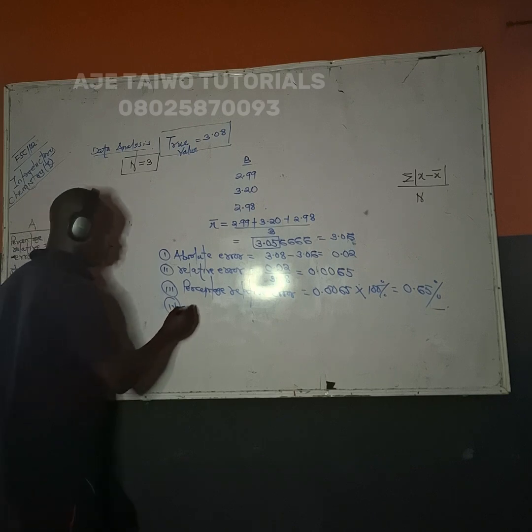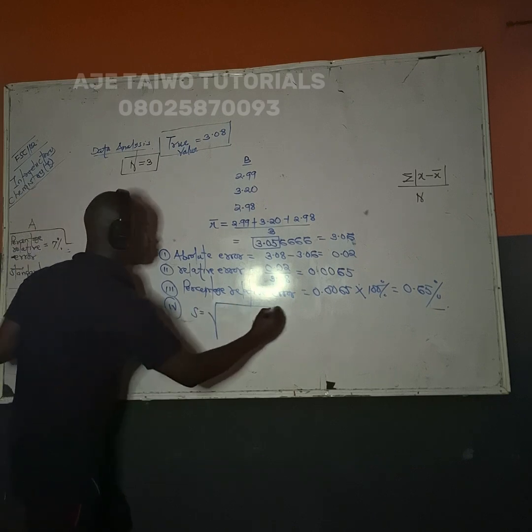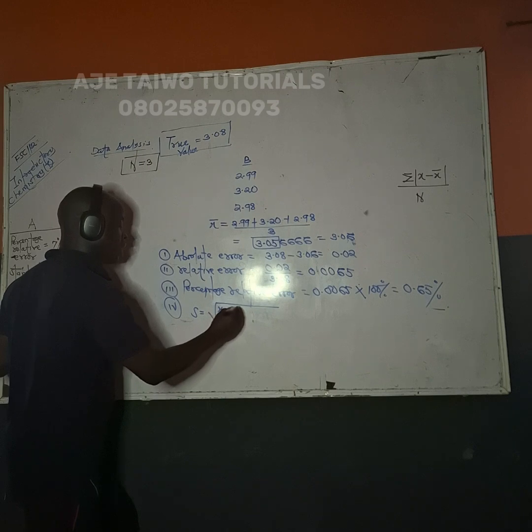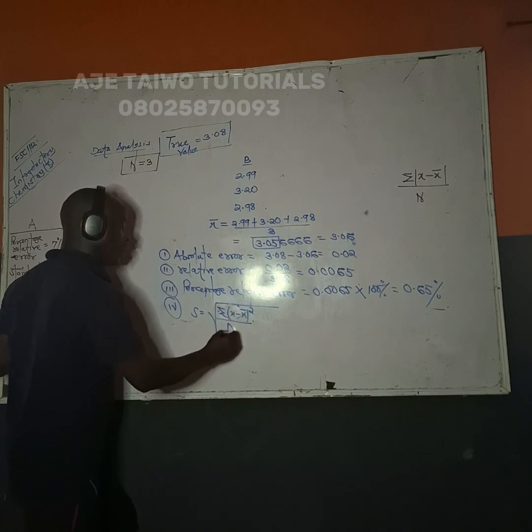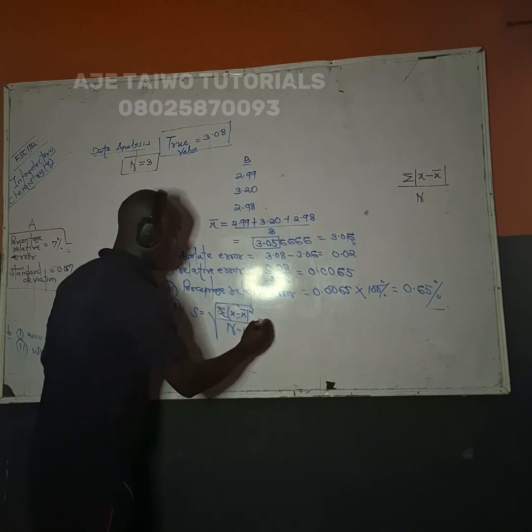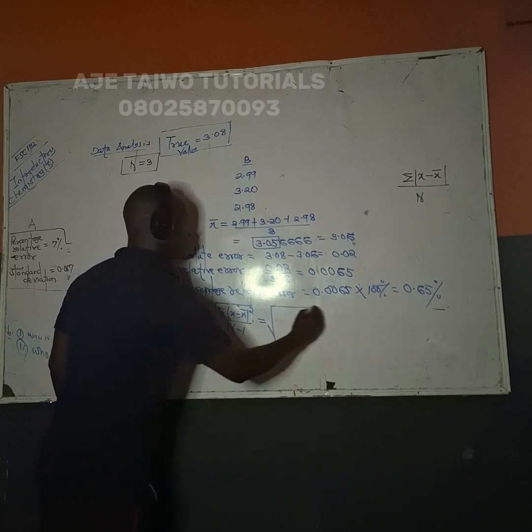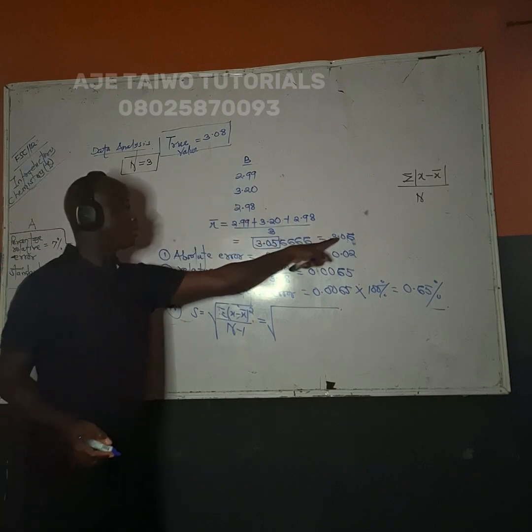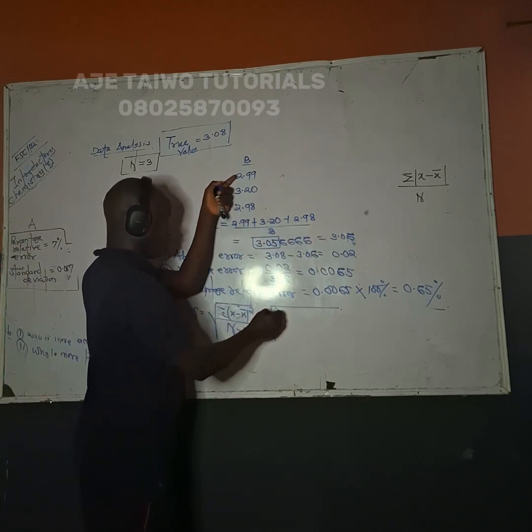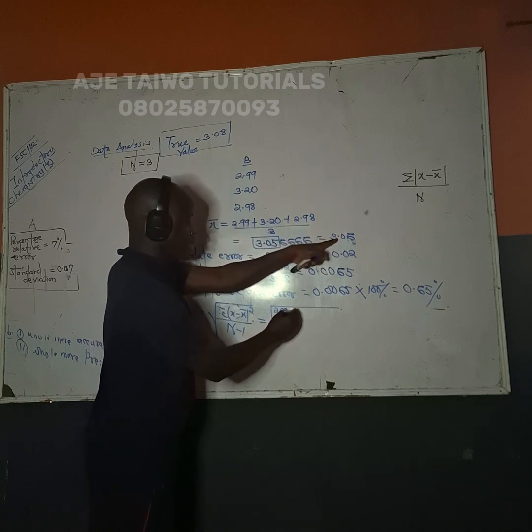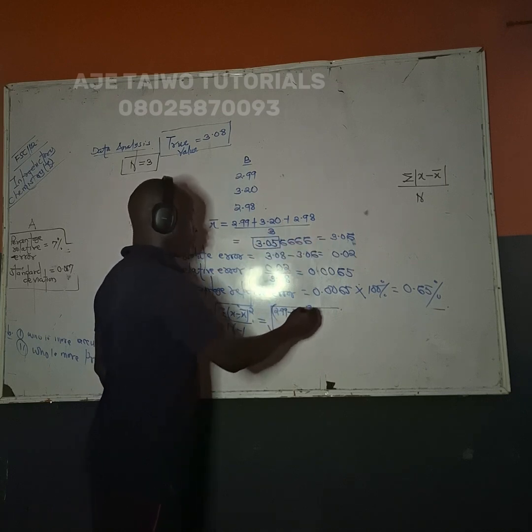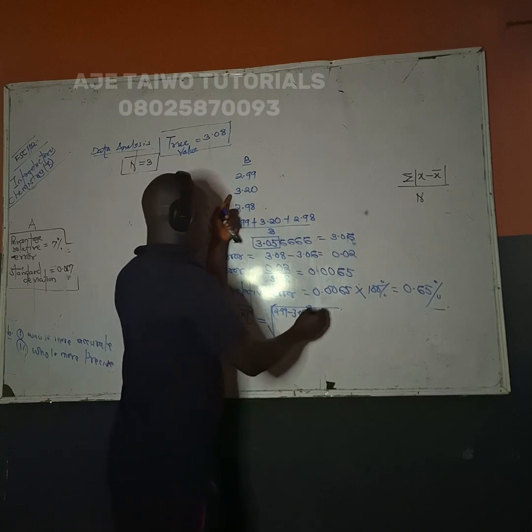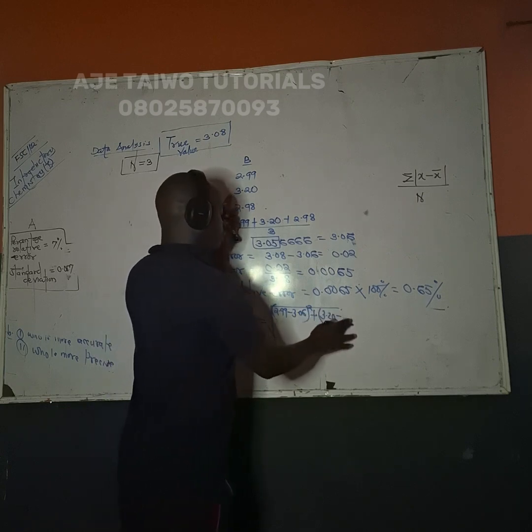Number 4 says you should find the standard deviation. And that's the square root of summation x minus x bar squared over n minus 1. Am I correct? So that will be x minus x bar. So that's what? 2.99 minus x bar 3.06 squared plus 3.20 minus 3.06